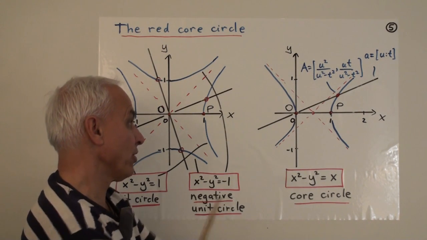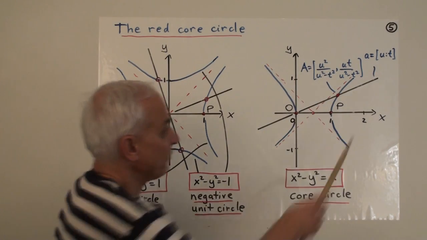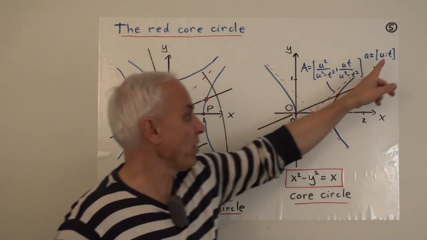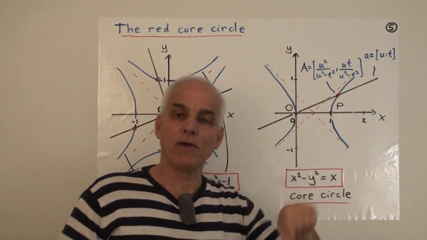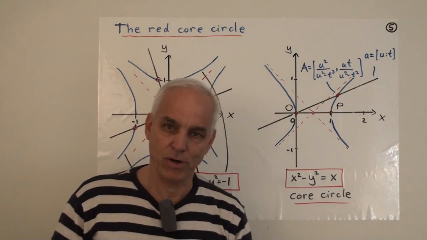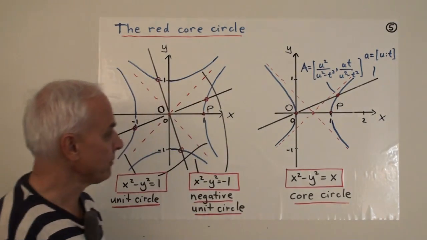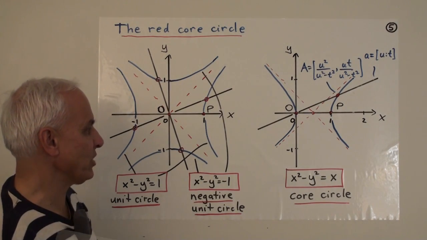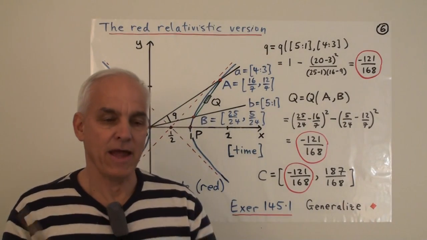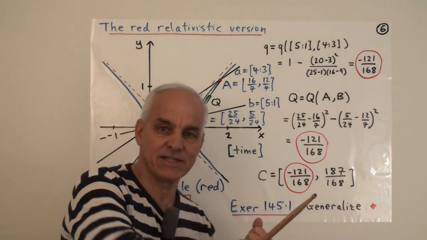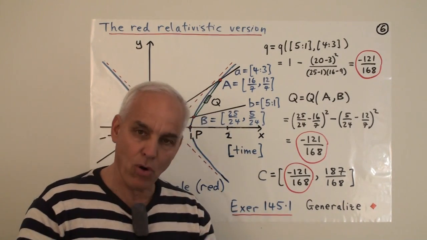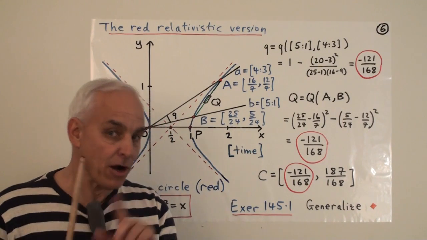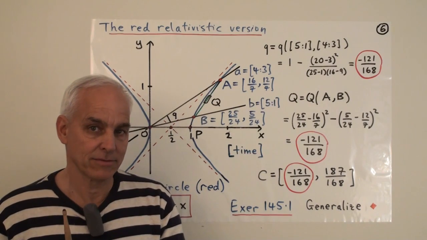So this is very similar to the story in the Euclidean case. We have to take u and t and multiply both coordinates by the x coordinate u divided by u squared minus t squared, the quadrance of that point in this red setting. So it's very analogous to what happens in the Euclidean situation. Okay, now I want to show you that the core circle in this relativistic red setting really plays the same role, is just as useful for physics-minded people as our Euclidean core circle was in the Euclidean case.